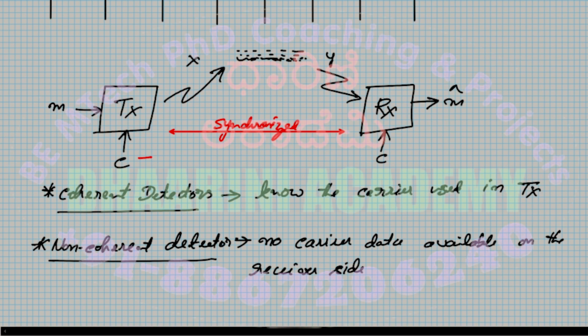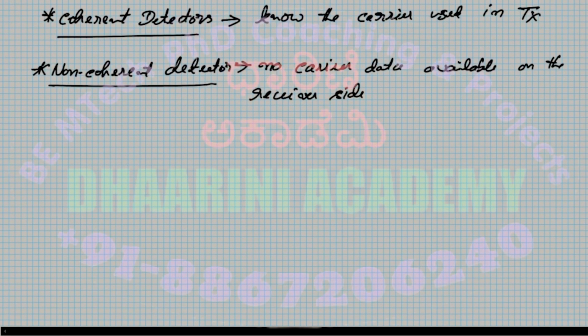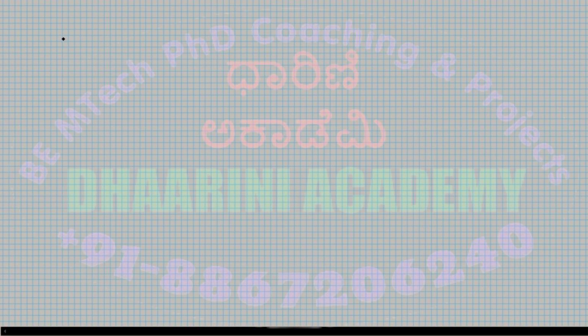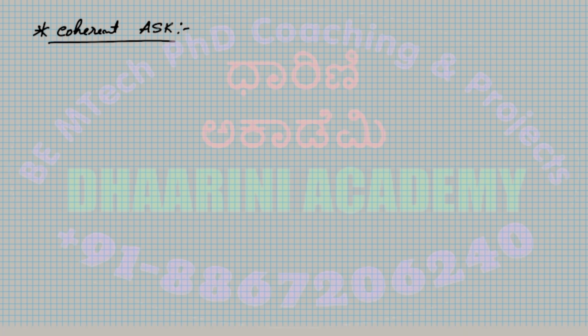Okay, so we'll move on to the first technique, that is called coherent ASK, amplitude shift keying. So we'll see how the coherent detection is going to work. Immediately after that, we'll look at the non-coherent as well. Irrespective of coherent or non-coherent, we understood that the modulator or the transmitter is going to remain the same. Now let us try to look at